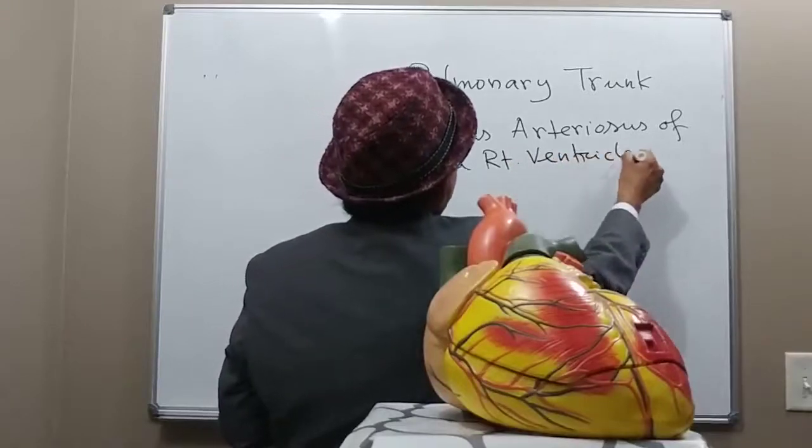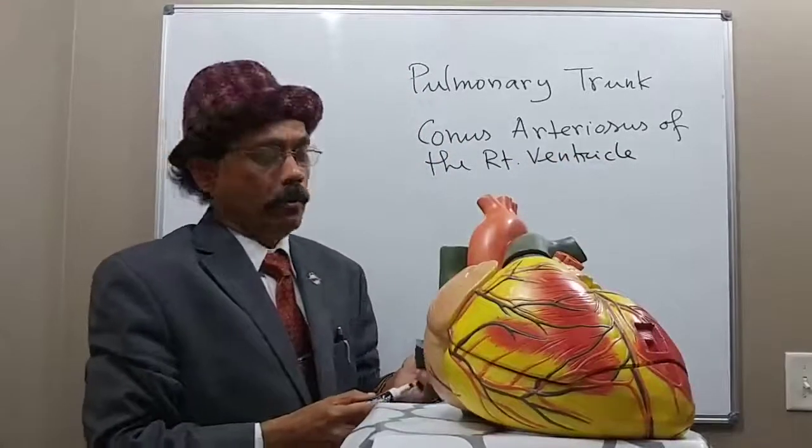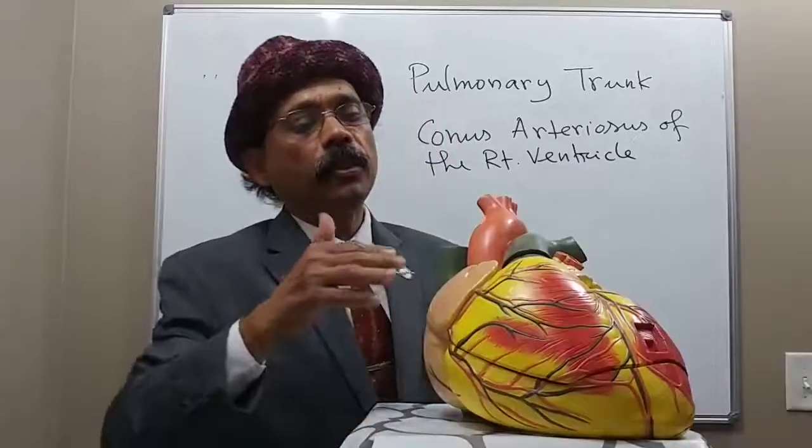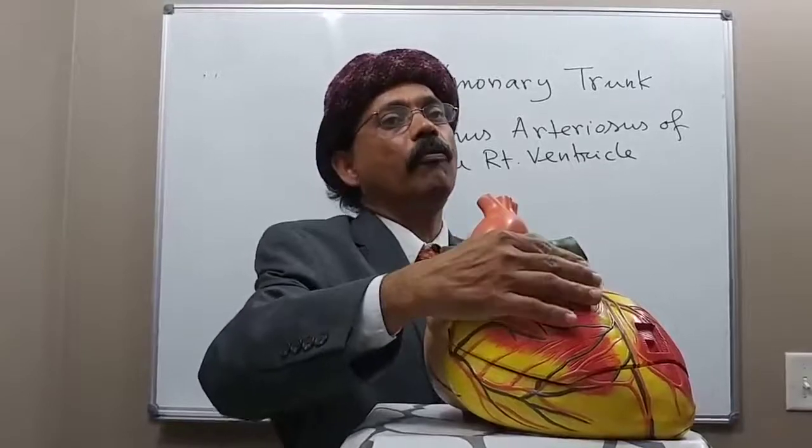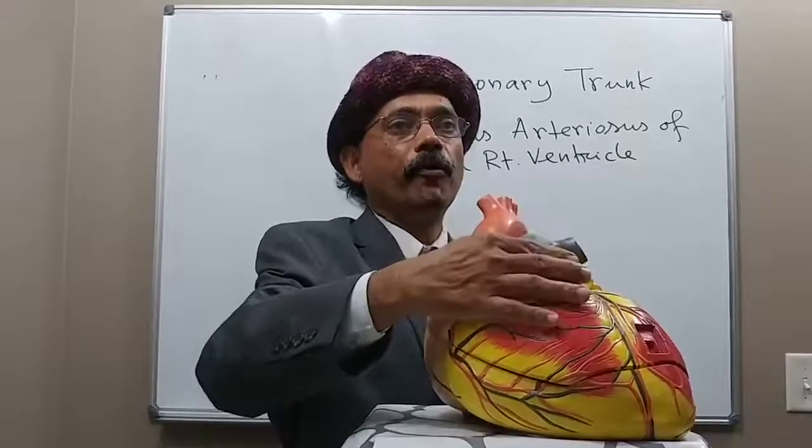What is the conus arteriosus? The conus arteriosus is the conical upper part of the right ventricle, the outflow part of the right ventricle, from where